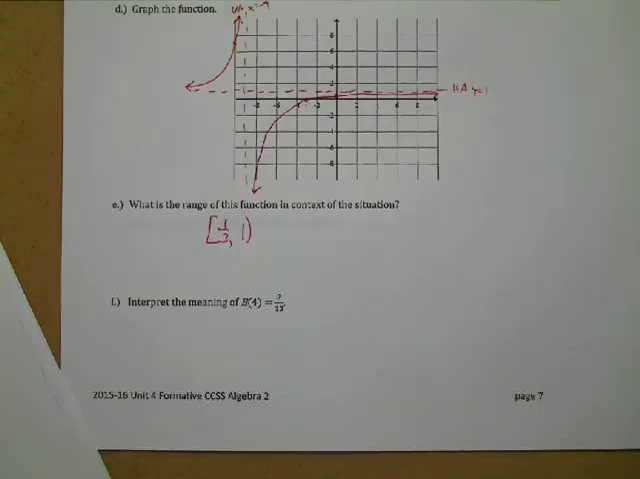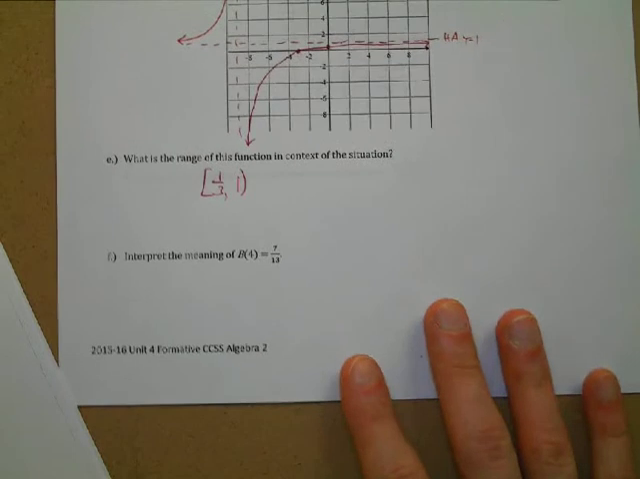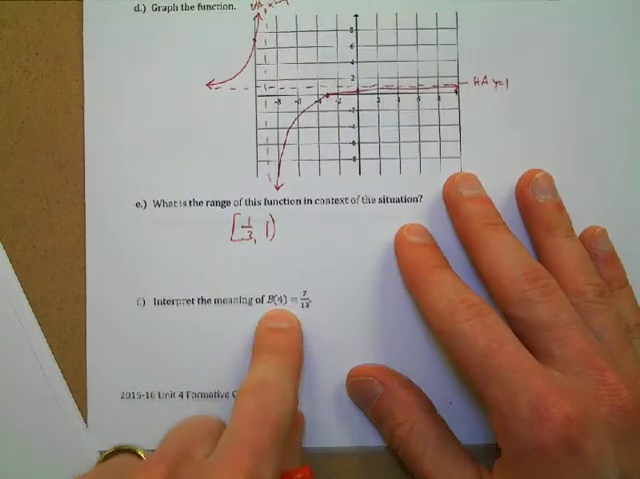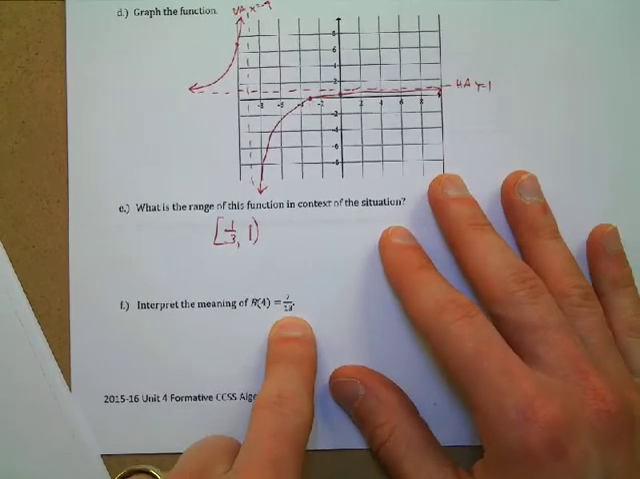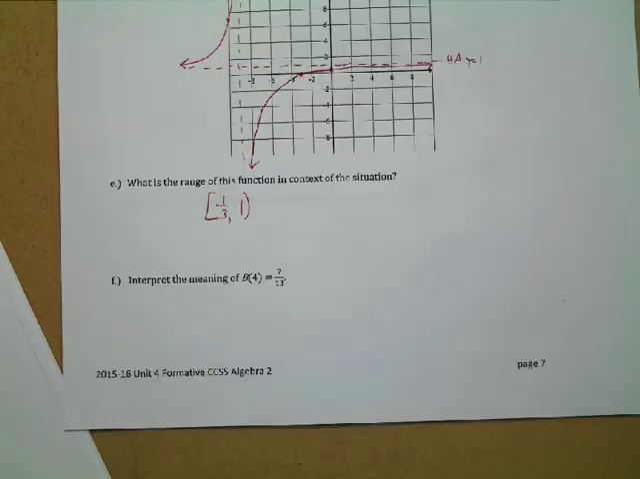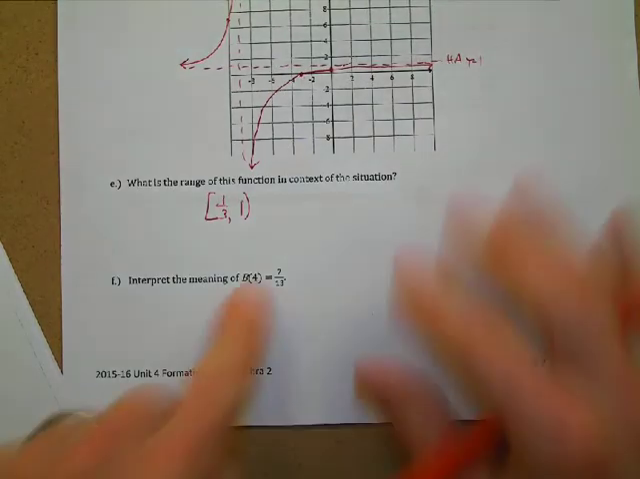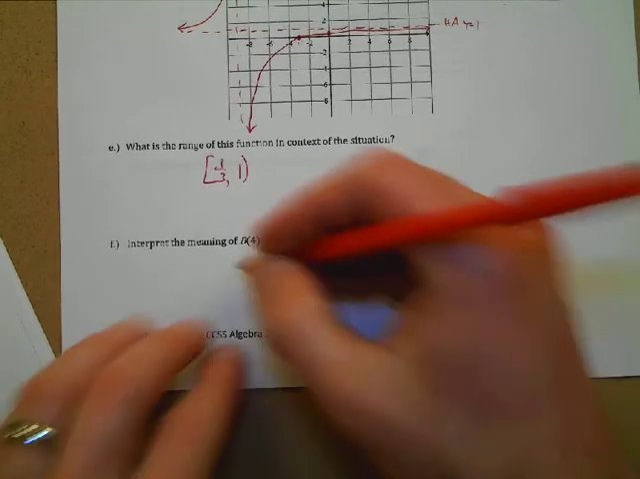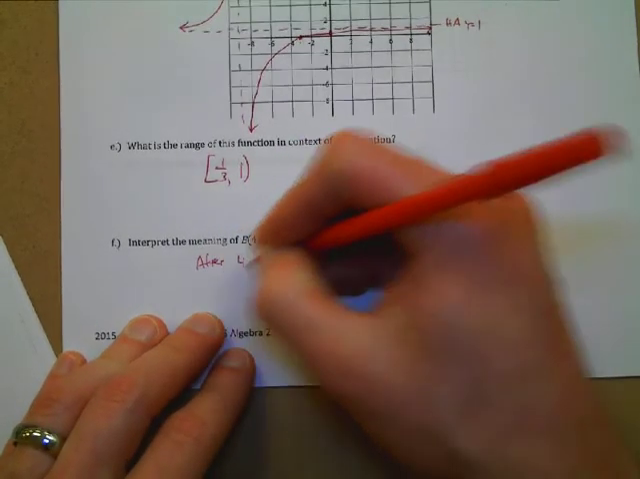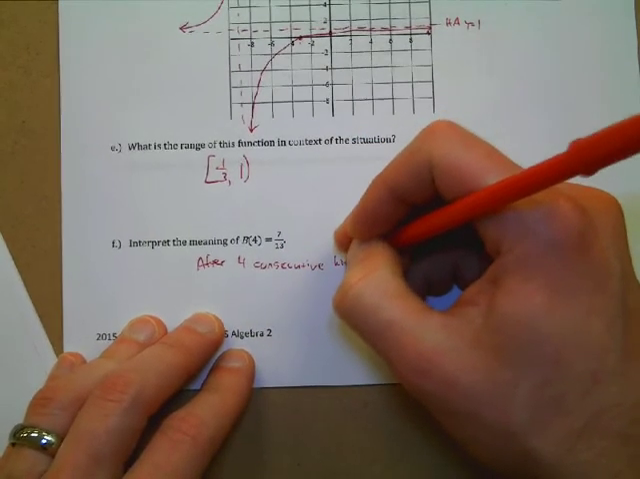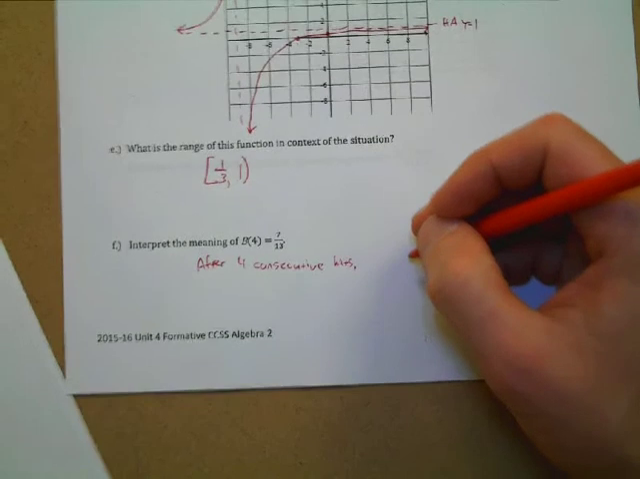Okay. And then last but not least here, letter F asks us to interpret the meaning of b of 4 equals 7/13. So this goes back to our function right here. It's giving us a value. It says, okay, well, if x happens to be 4, then your value will be 7/13. So what does that 4 represent here? 4 is a number of what? It's replacing x, right? And what does x represent in this problem? Number of consecutive hits. Yeah, so after 4 consecutive hits, again, 4 replaced x, which is the number of consecutive hits. After 4 consecutive hits,